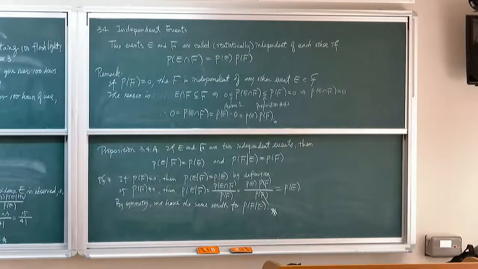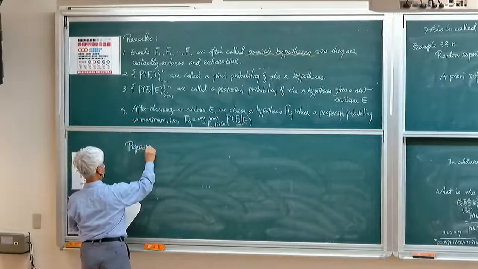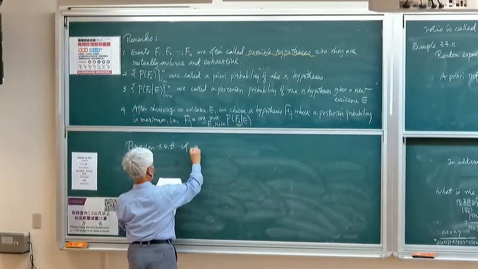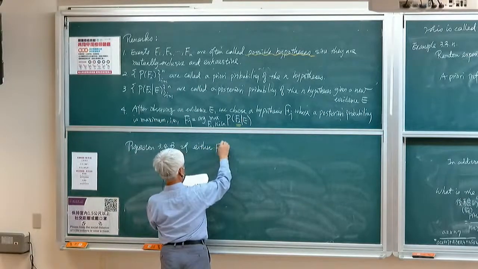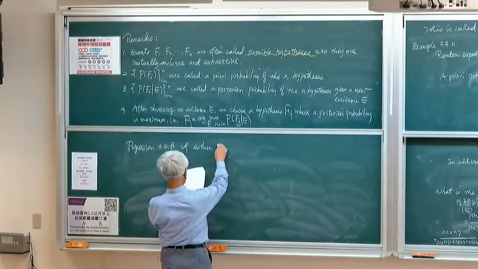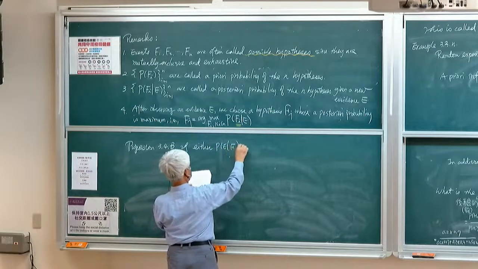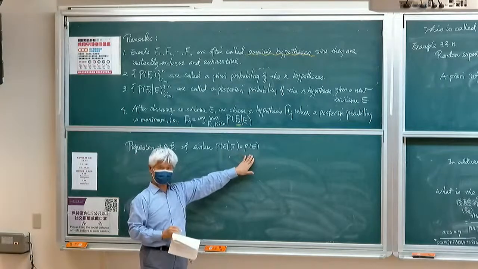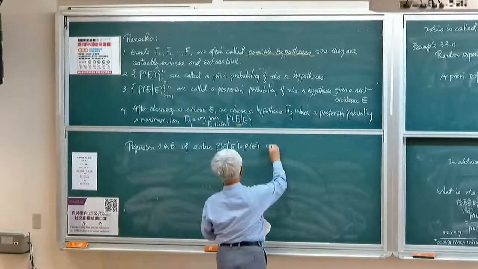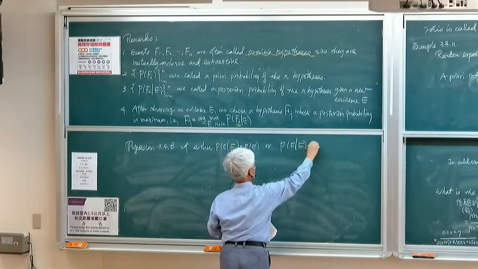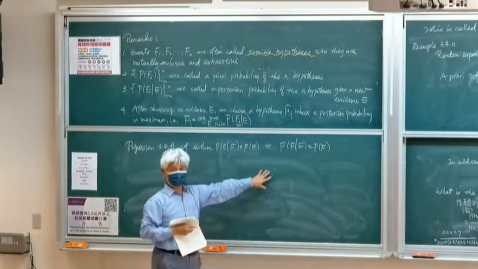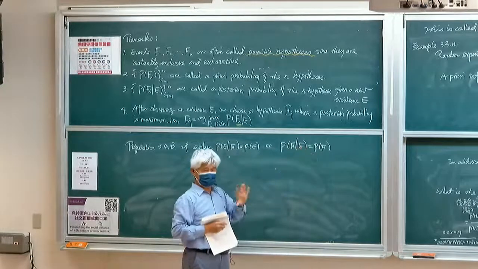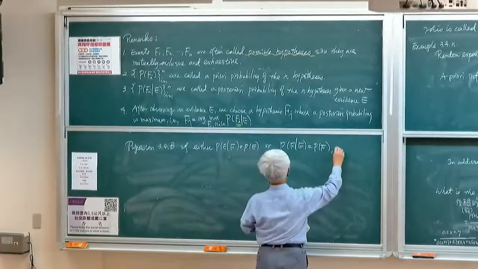Okay, the second supplementary proposition (3.4.b): if either the conditional probability of E given F is equal to the unconditional probability of E, or the conditional probability of F given E is equal to the unconditional probability of F. Either one, not necessarily both of them, but just either one. Okay? Then